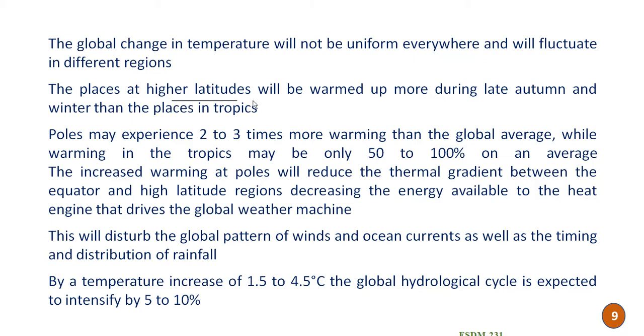The places at higher latitude will warm up more during the late autumn and winter than the places in the tropics. So these are some of the observations noted by the IPCC. The poles may experience 2 to 3 times more warming than the global average, while warming in the tropics may be only 50 to 100% on average, and the increased warming at the poles will reduce the thermal gradient between the equator and high latitude regions, decreasing the energy available to the heat engine that drives the global